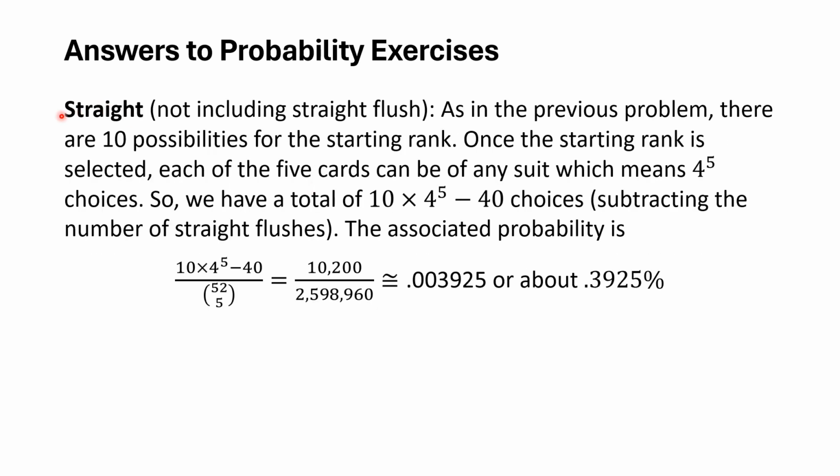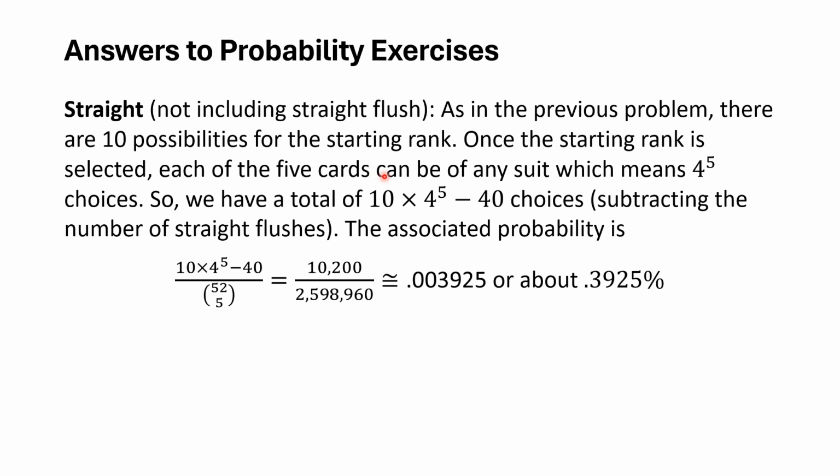We have one more poker problem to compute the probability, and that's for a straight, excluding straight flush. So from the previous problem, we know there's 10 ways of getting the starting rank for a straight. The difference here is that once you pick the starting rank, each card in your straight can be of a different suit. So for example, if we start with 3, 4, 5, 6, 7,